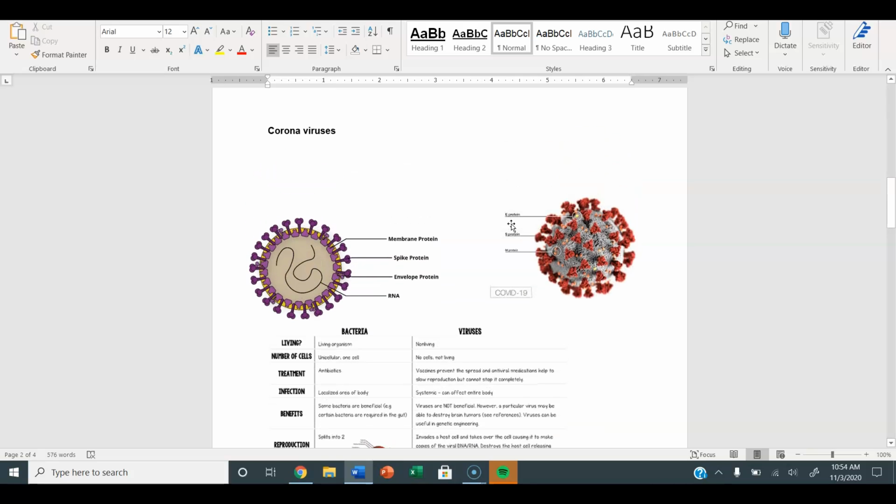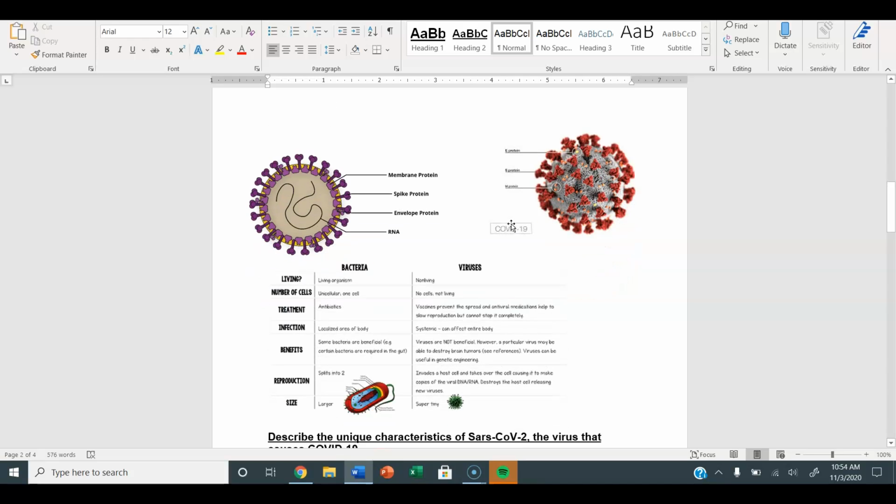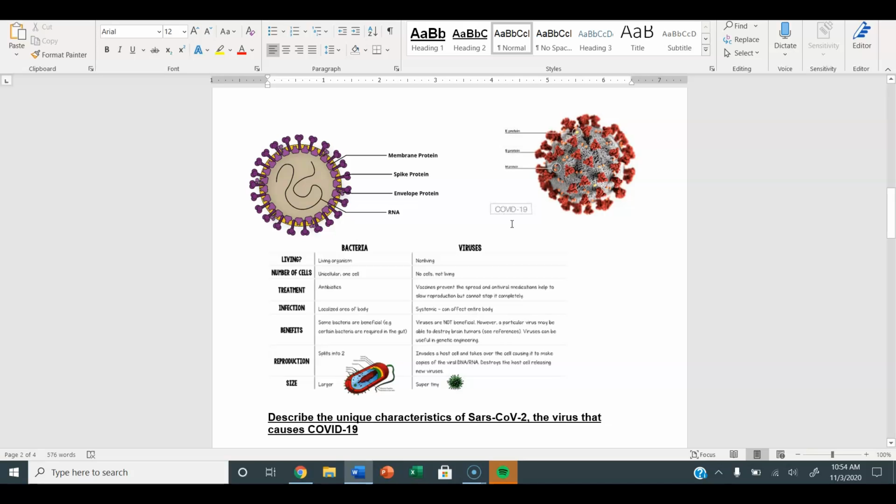What I put here are some specific examples of coronavirus. The first virus I showed you was a general description, but coronaviruses have some unique characteristics that define them. You can look at either this computer generated version or this cartoon version, and you'll notice both of them have a lot of spikes. Coronaviruses are enveloped viruses, with an envelope around the capsid.